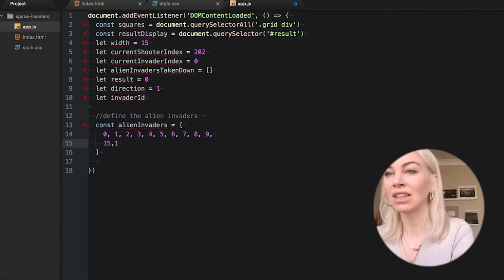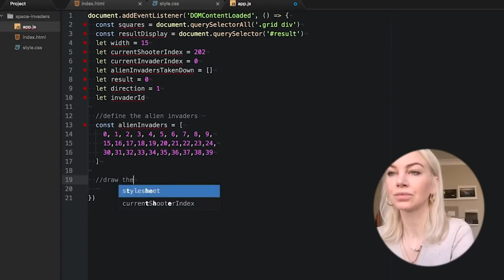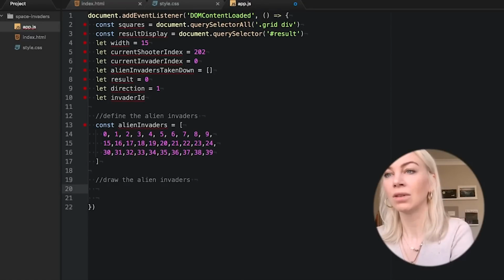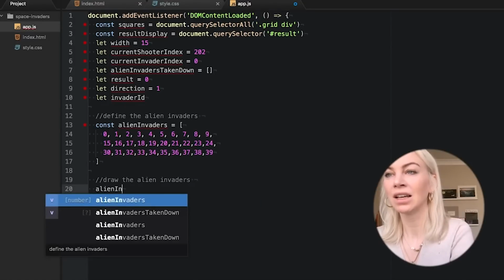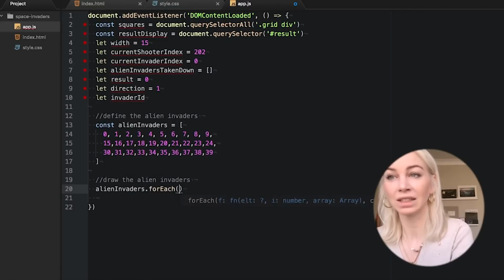So by saying these are the indexes we want our alien invader to be in, we can easily see this on our grid by adding a colored class name to them. So let's do this using forEach like this. So in the array alienInvaders, for each item in the array, we will call it invader.